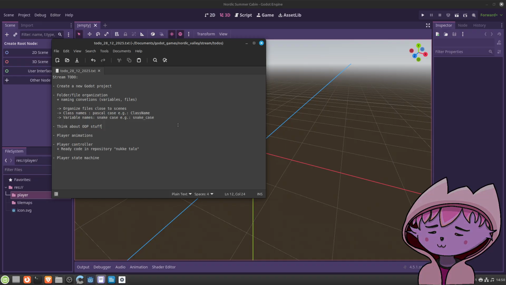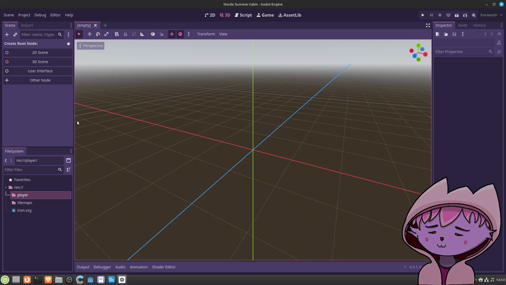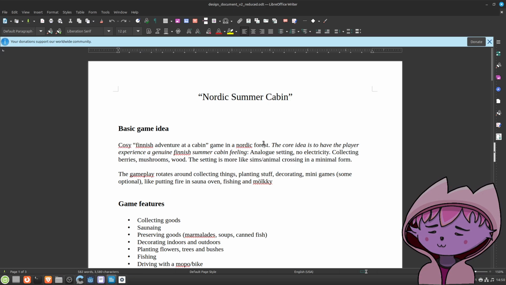One easy mistake you can make at the beginning of a project is, well, a simple mistake would be for me to make a player scene, just start with the player and call it a player class and start from there. But before we start to populate or do anything with the player, we should look a little at how this game is meant to be.